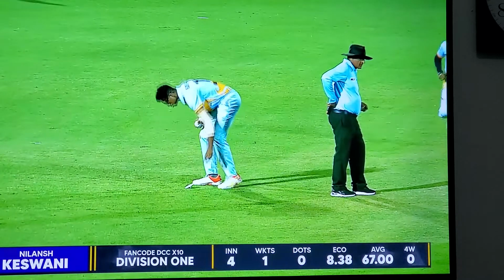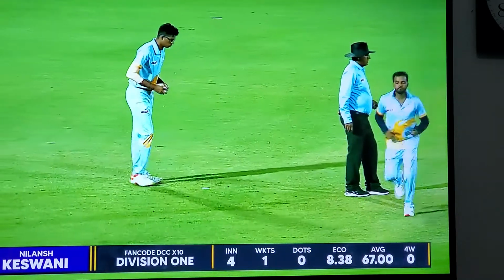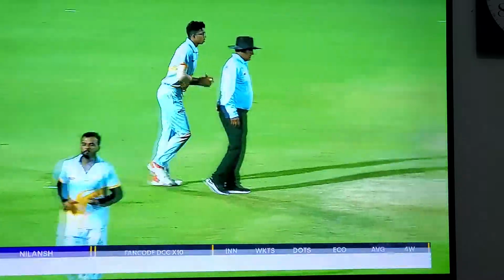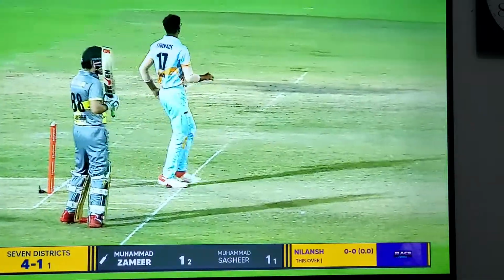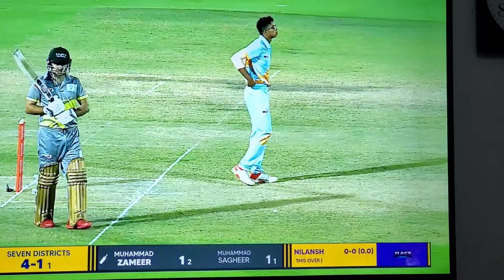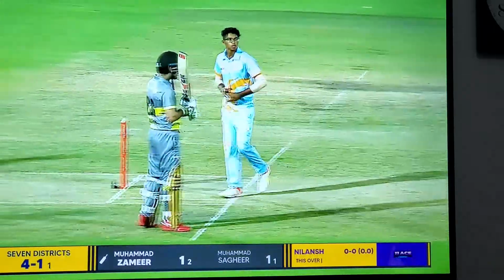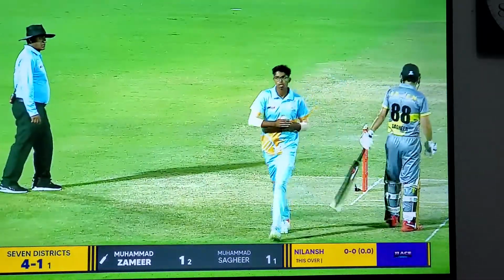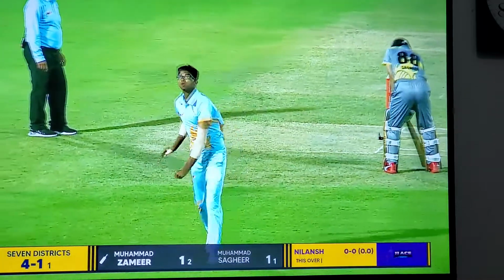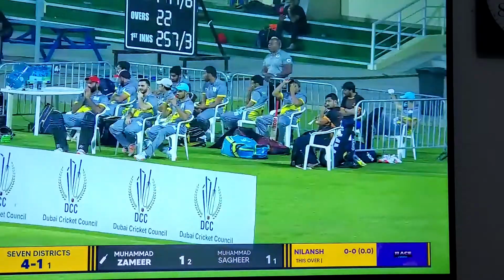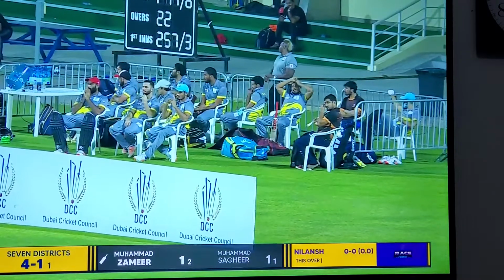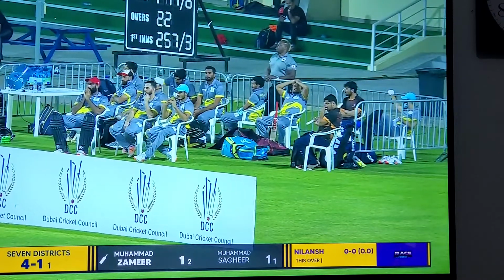Interesting move by the captain of 11 A's, Kunen Abbas, bringing Nilansh Keswani from the other end. Left arm orthodox bowler. Well, I like this move from Kunen. Nilansh is brilliant with the new ball. He gets that drift